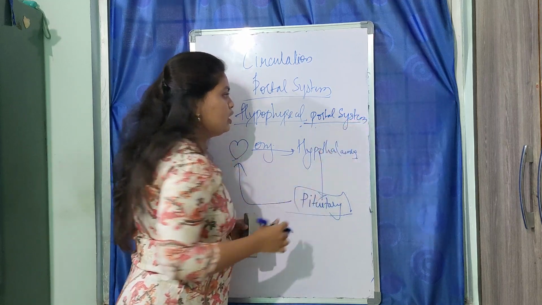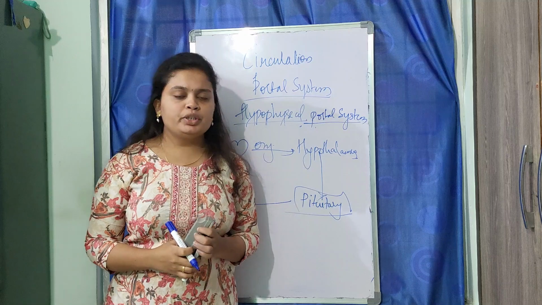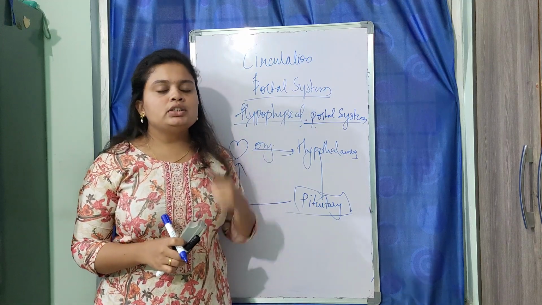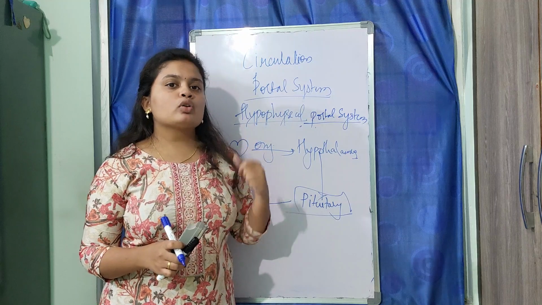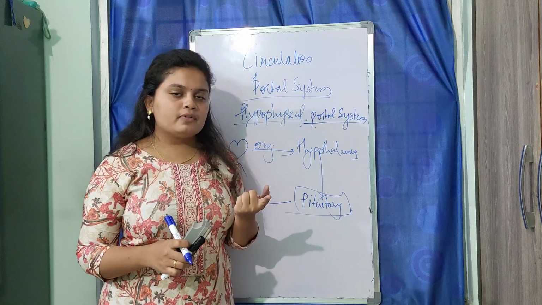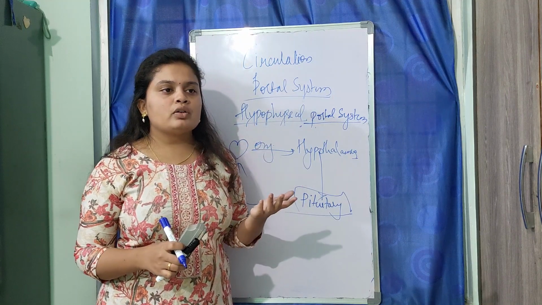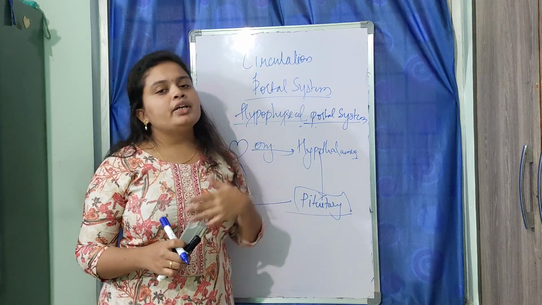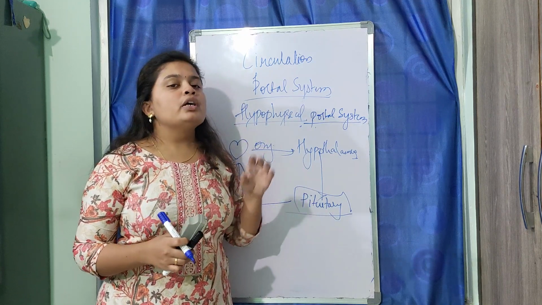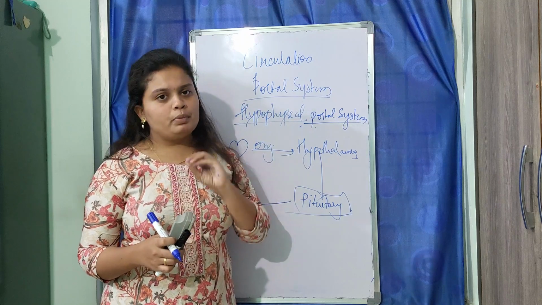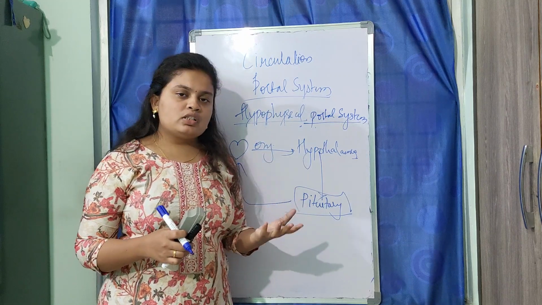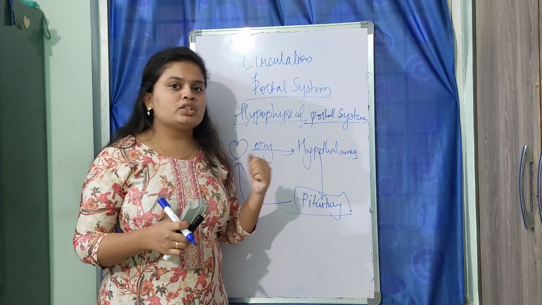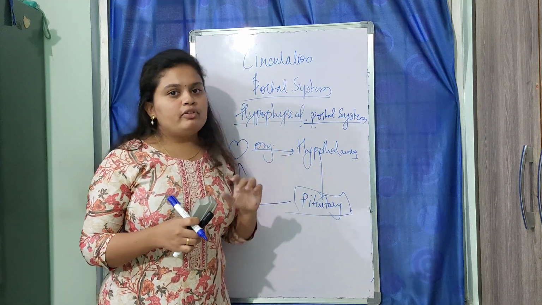I hope my video lecture was clear. We have studied so many topics today. We studied about circulation, types of circulation. In types of circulation, we studied about closed type of circulation and open type of circulation. In closed type of circulation, we studied about single circulation and then double circulation. In double circulation, we studied about incomplete double circulation and complete double circulation. We also studied about the human circulatory system where complete double circulation was seen,